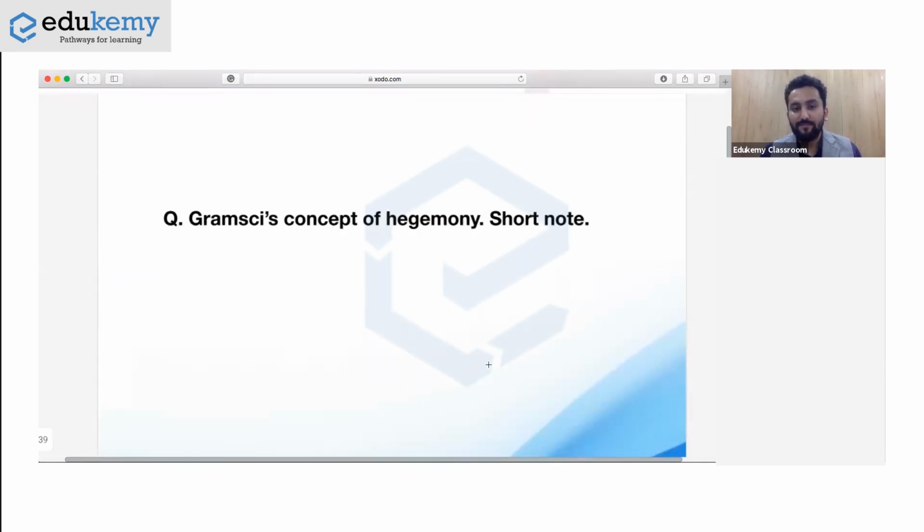Last question of the day: Gramsci's concept of hegemony, a short note. Considering this, I'm just showing you an answer structure, and I'm going to pinpoint one habit which you should include when you have to expand on various dimensions and the word limit is less. For example, this question can be asked in 10 marks,